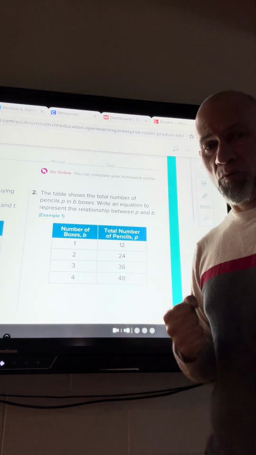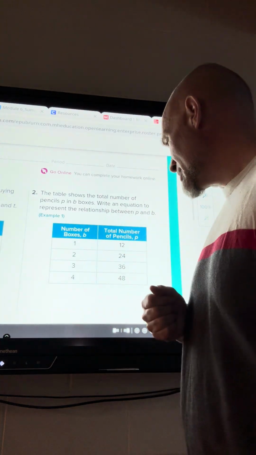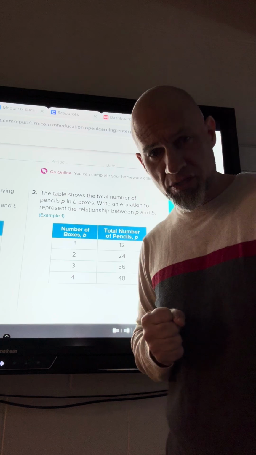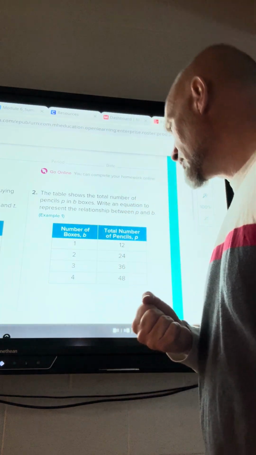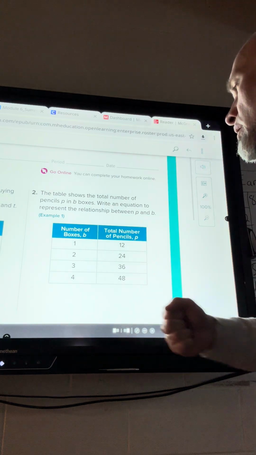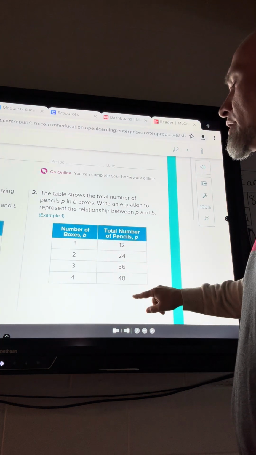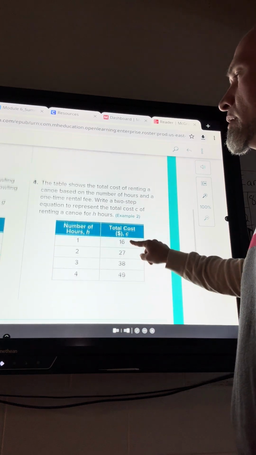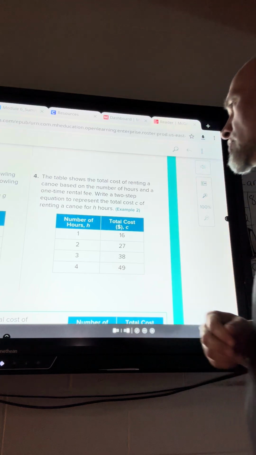So basically, what do you have to do to the column B to get the column P? We're looking at multiplication. Make sure you have a number and a couple of variables. You're going to have your independent variable and your dependent variable. So what is the rule to go from one column to the other? One step. The next one, the table shows the total cost of renting a canoe based on the number of